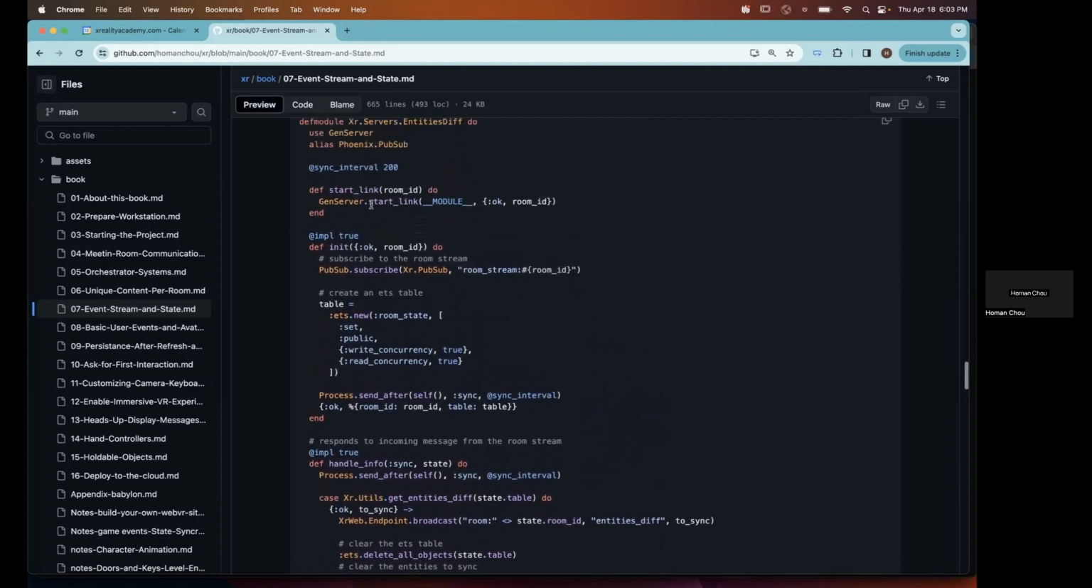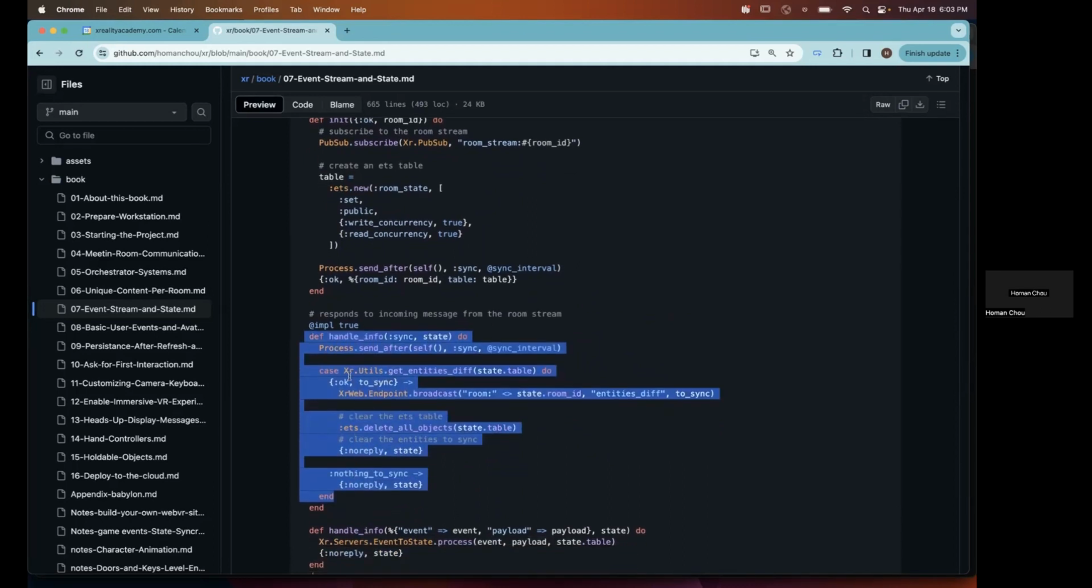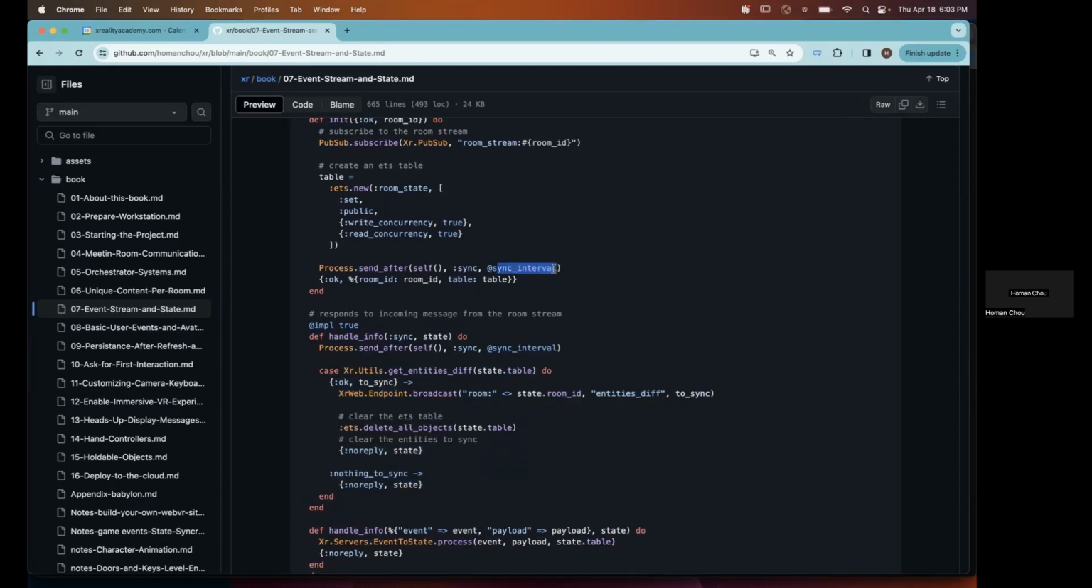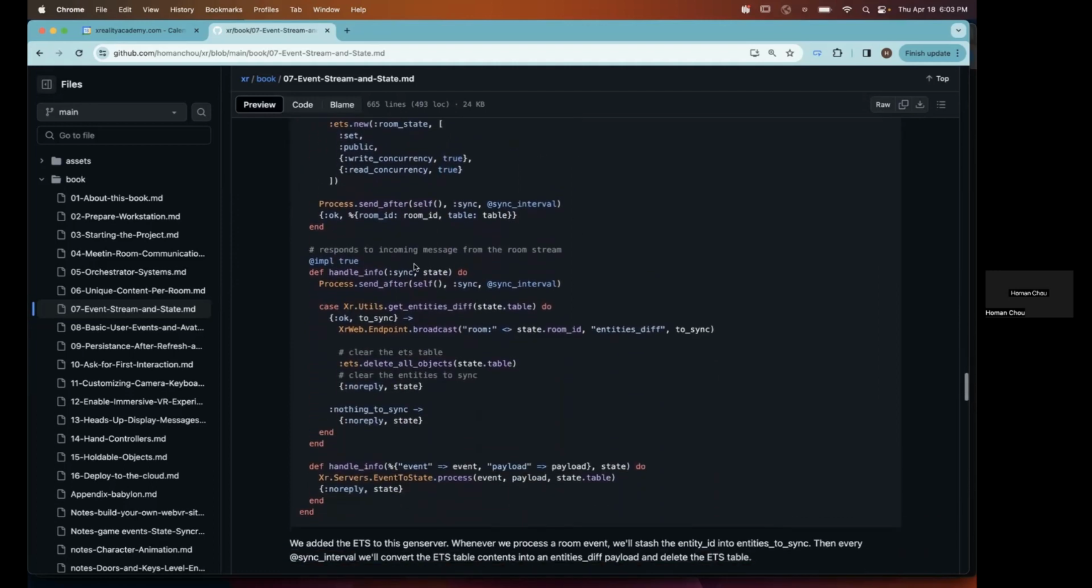But one thing that's interesting that happened is as soon as we were initialized, we sent ourselves a message of sync. And then that's also going to end up in our own mailbox. And so that's kind of like a ticking scheduler. So every sync interval, which I put at 200 milliseconds here, it will call ourselves, in which case we will just schedule ourselves another sync interval first, and then we'll also query the ETS table to get the